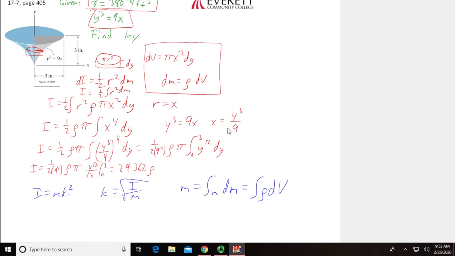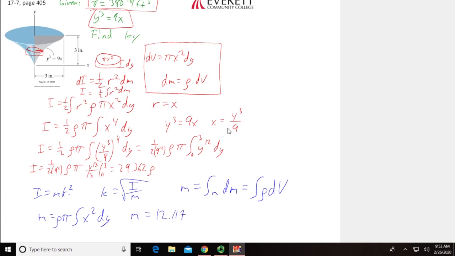So m is equal to the integral of rho, which is constant, times dv, which is pi x squared dy. We do the integration again. We plug in our value for x, which is y cubed over 9. We integrate again. We get an equation that tells us mass in terms of rho. In this case, the mass is equal to